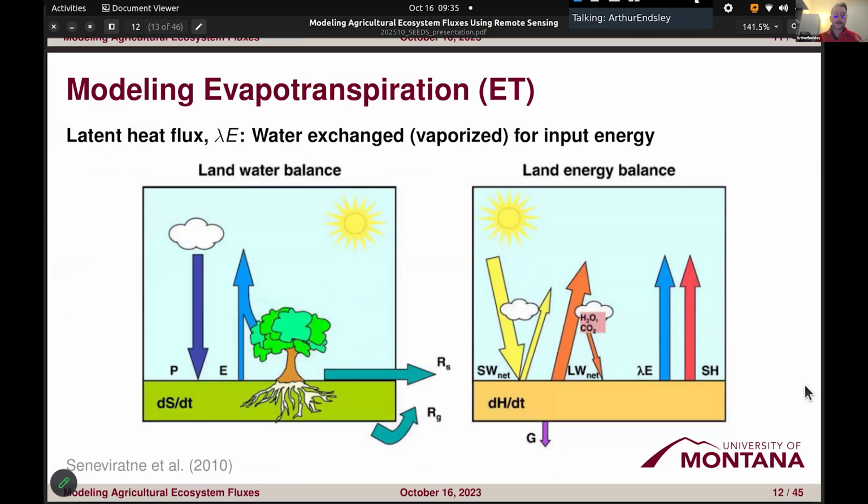So in water balance terms, precipitation is the major source of water to ecosystems. We have a change in groundwater storage. We have runoff. Evapotranspiration is the major flux of water out of that ecosystem. But when we model this, we can actually model it as a water flux or as an energy flux, because the production of water, the movement of that water, the driving force of moving that water through plants and out of the ecosystem is energy.